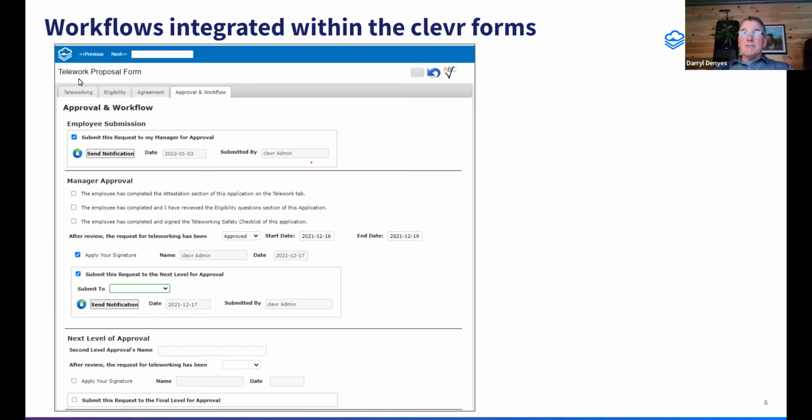This is a telework proposal form. The details are above. And here we have the approval process. So the employee submits it. They click a notification to send it. It auto dates it and auto populates who filled it out. Then the manager, this is the workflow they gave us. Then they have a second level of approval. So again, the requirements were provided by the client, and then we lay out the workflow that's appropriate, specific to